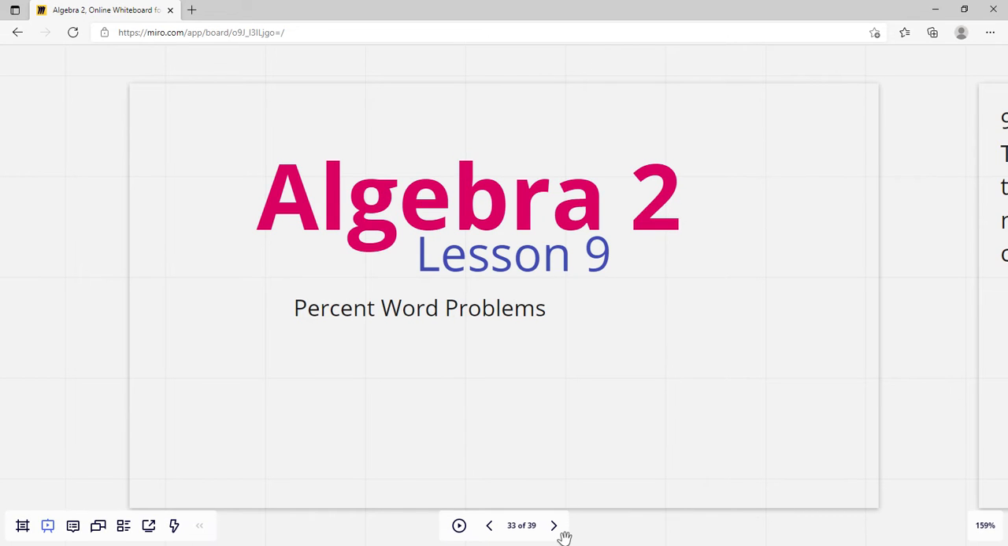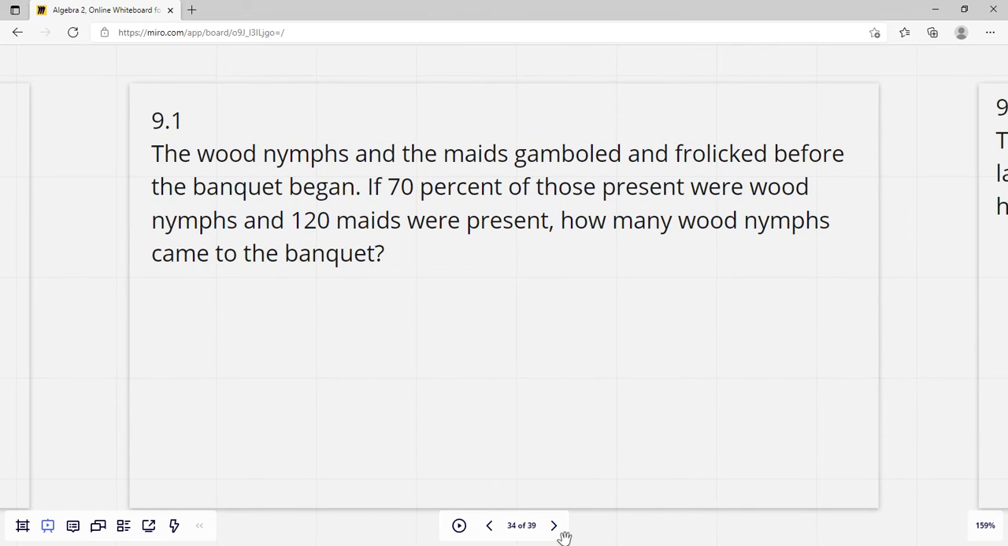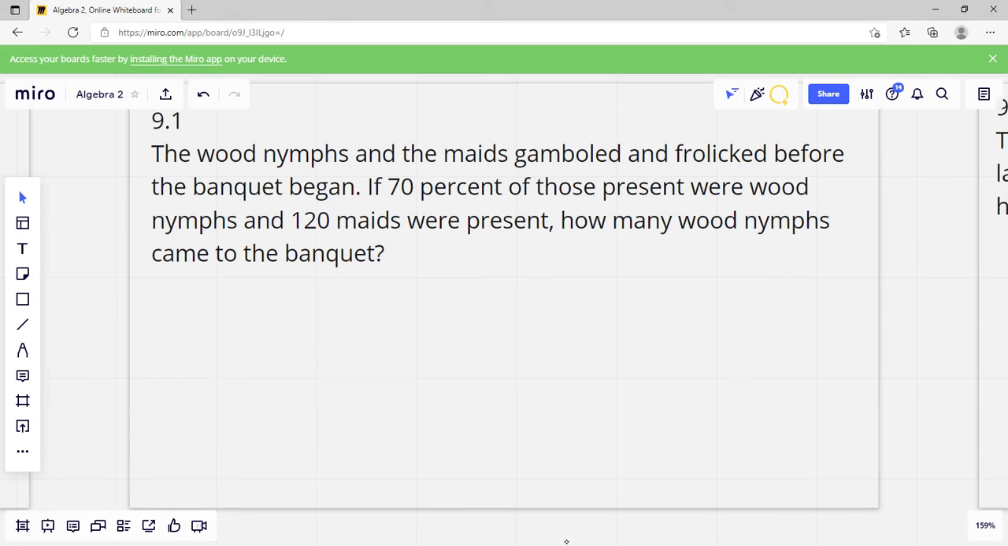Hi everybody, this is Algebra 2, Lesson 9, and this lesson covers percent word problems. Alright, so we've done these a little bit, but these are going to be a little more complicated. Alright, so the first one starts off with the wood nymphs and the maids